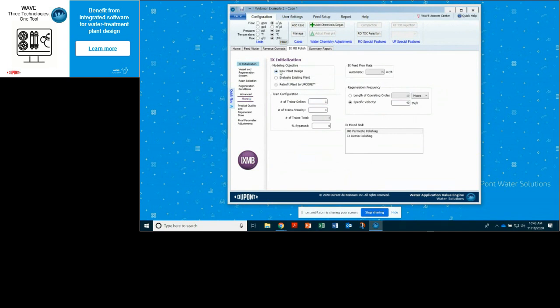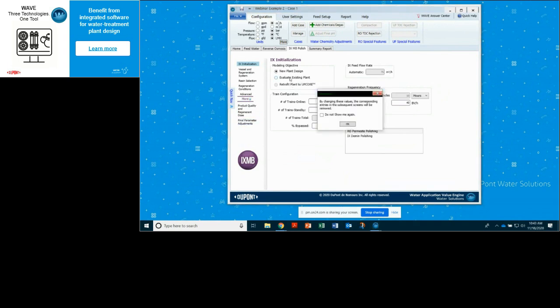Which, in reality, your ion exchange plants, you don't keep rebuilding new ones. You're going to have a fixed design. So having decided that this is the optimum design, we want to lock it down. And then we'll start playing with the RO and seeing how that affects the ion exchange behind it. So what you can do is, once you have a new plant design that you're happy with, and you've run it, and you actually see final parameter adjustments down here,